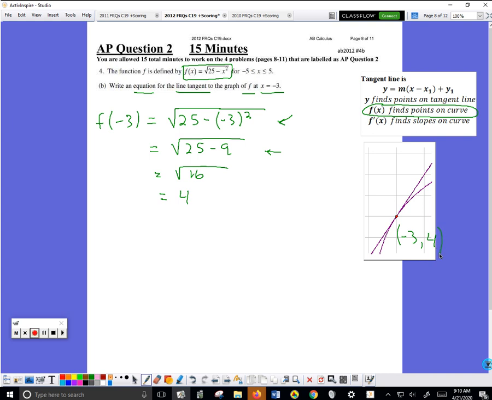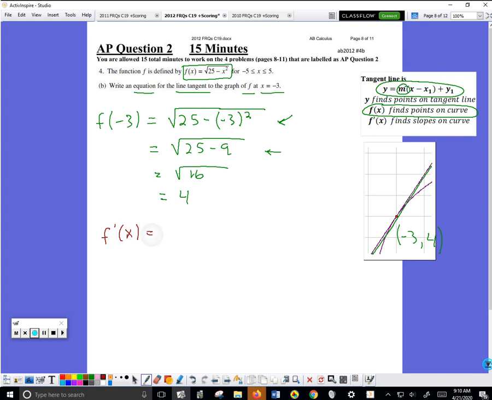So I know the point. I'm using this to find the equation of a line tangent. I've got to find m, the slope of the line, right there. So, come over here, that means I need a derivative. So I take the derivative, so I write f prime of x